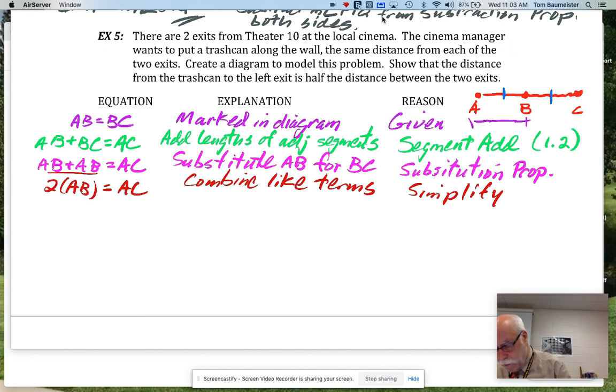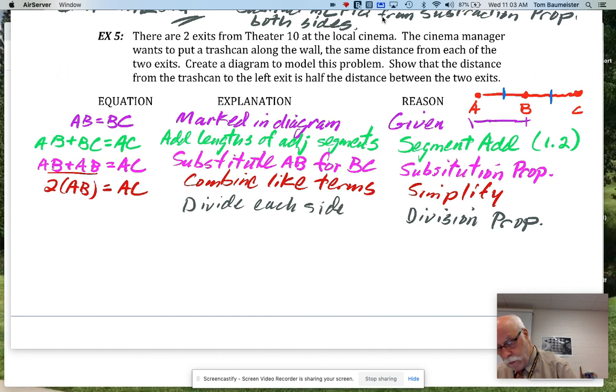All right. So our last thing here, we should be done, because now all we have to do is divide. So we're going to use the division property of equality. We're going to divide each side by 2. And when we do that, I want you to think here. I'm going to divide this side by 2, and I'm going to divide this side by 2. All right, so now I'm going to erase that. We're going to start using our head. So that will tell us that we have